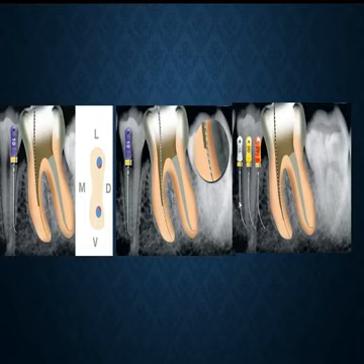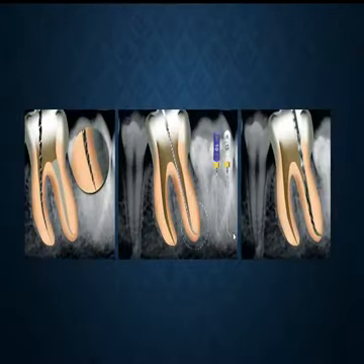Go step by step with the hand instruments first, and once you have bypassed the ledge completely, do a good irrigation protocol, good activation of endodontics, that is the key to it, followed by your rotary files. There you can see. Once you have bypassed it, you can go ahead with the rotary files, whatever you are using. Again, my choice is Silk Complex. They are the best files which I have been using.